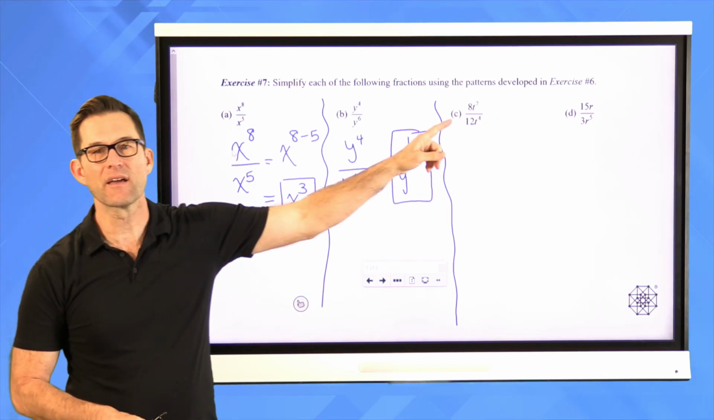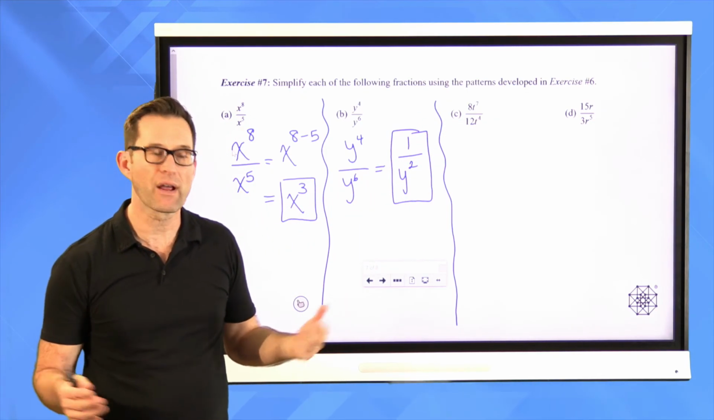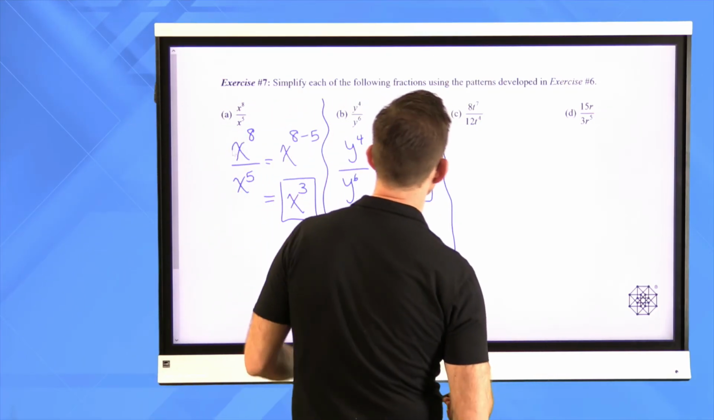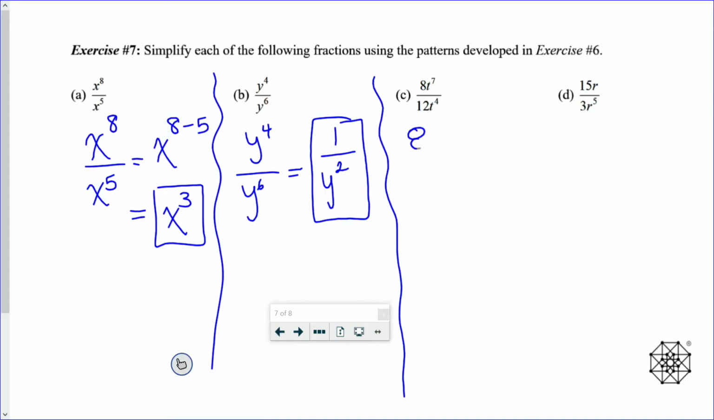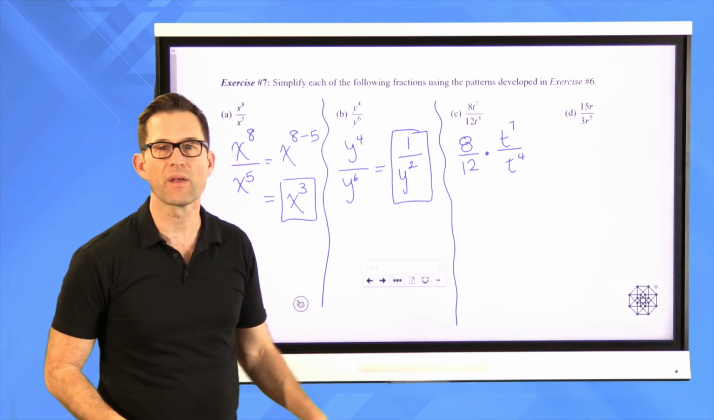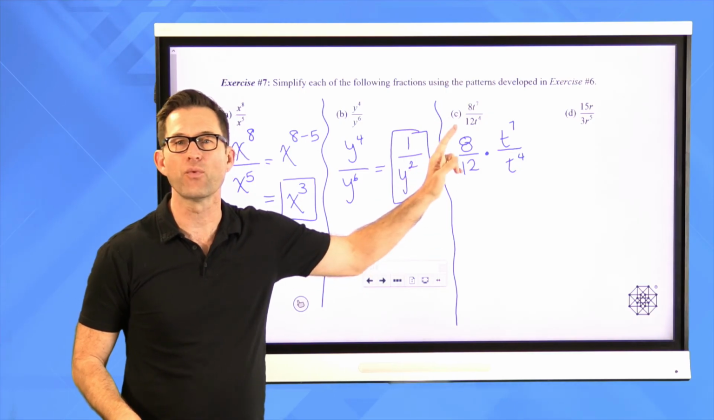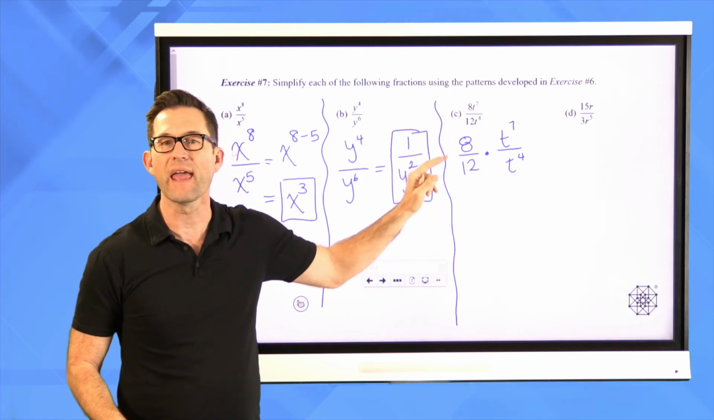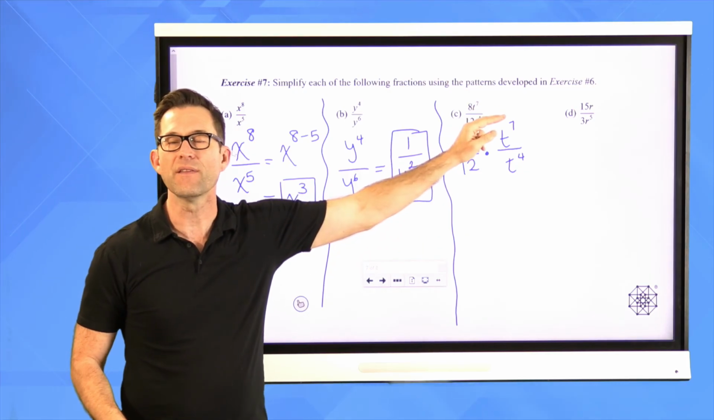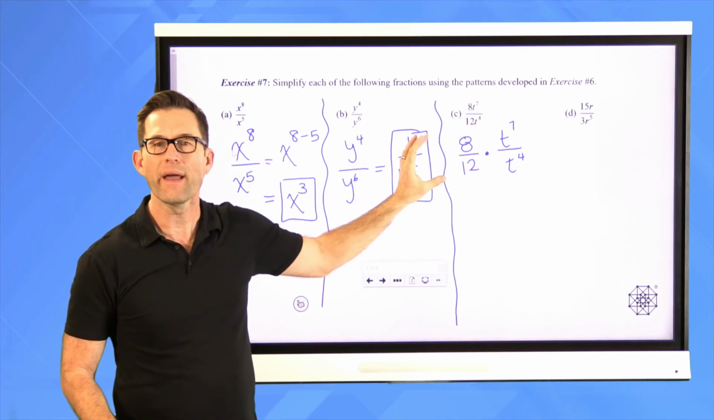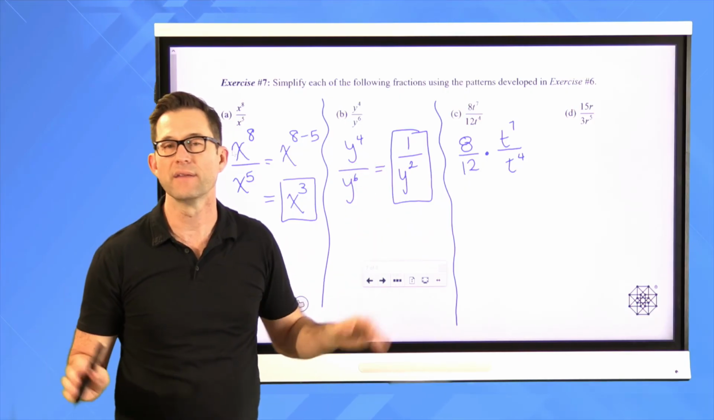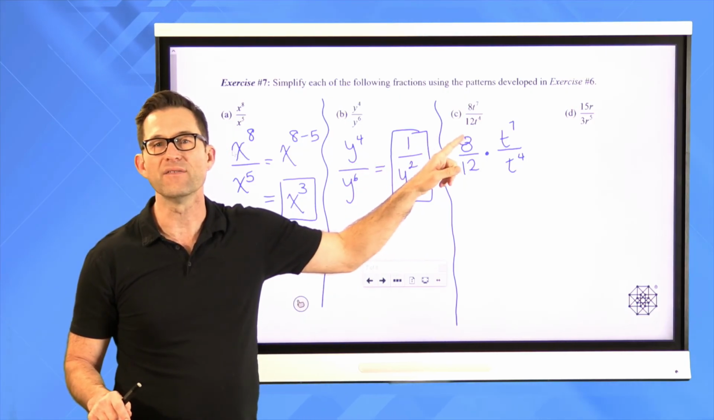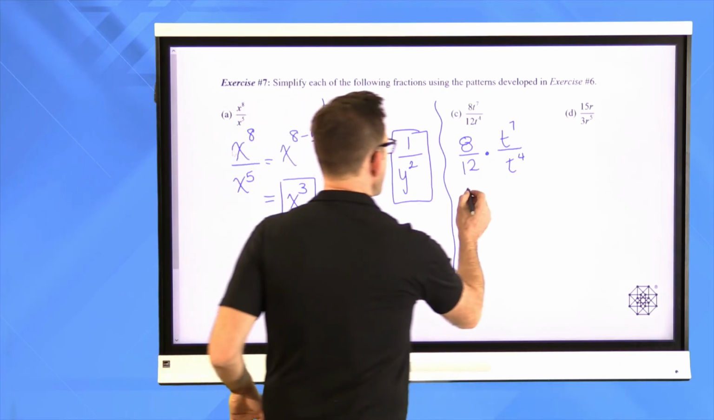All right, now let's take a look at a couple where there's fractions involved that include numbers. So in letter C, we have 8/12ths, and I'm going to undo sort of this multiplication of fractions. In other words, it's always okay if you have something like 8t to the 7th divided by 12t to the 4th to rewrite it as 8/12ths times t to the 7th divided by t to the 4th. Now I can simplify 8/12ths the old-fashioned way. I can say, well, all right, 4 divides into 8 2 times, divides into 12 3 times,